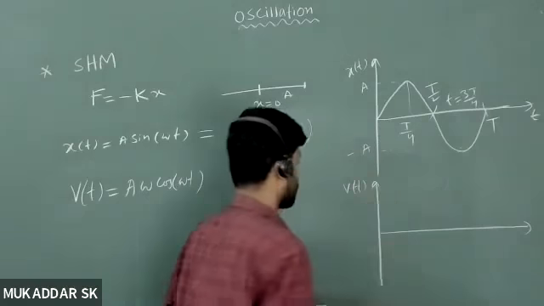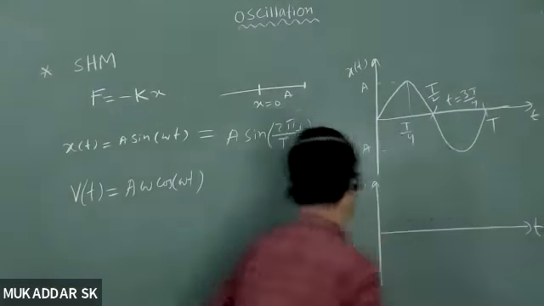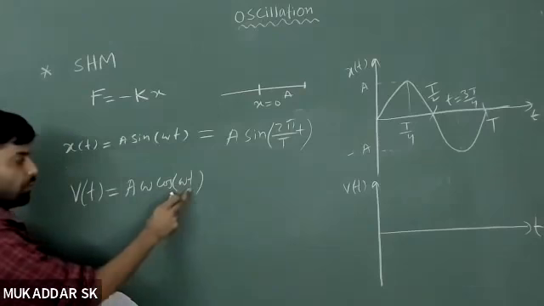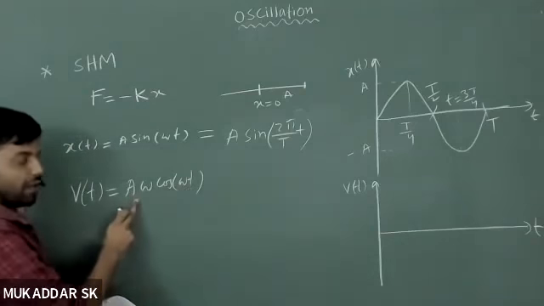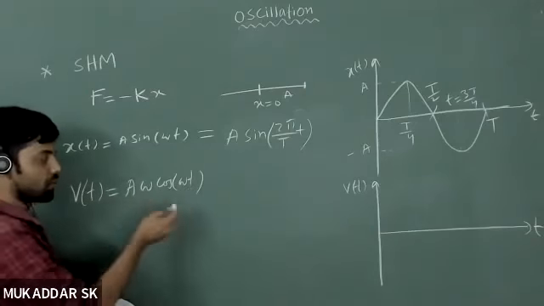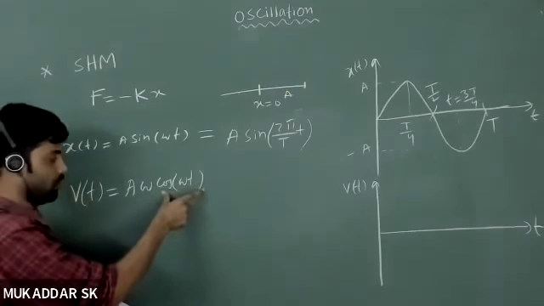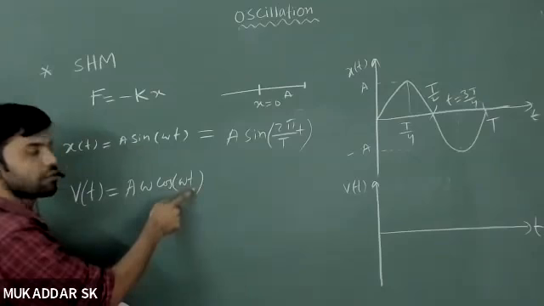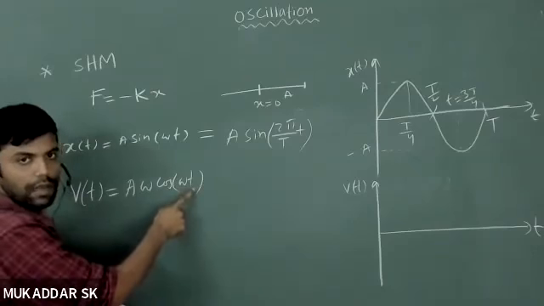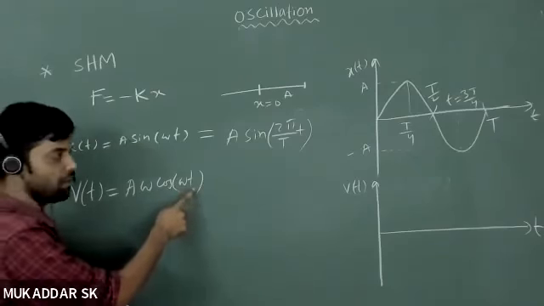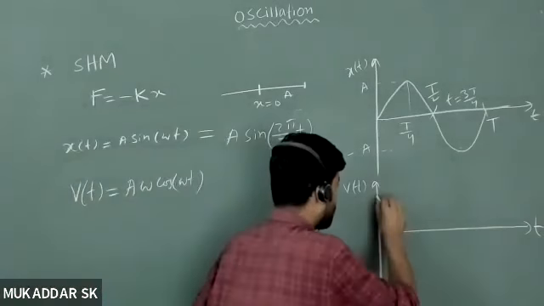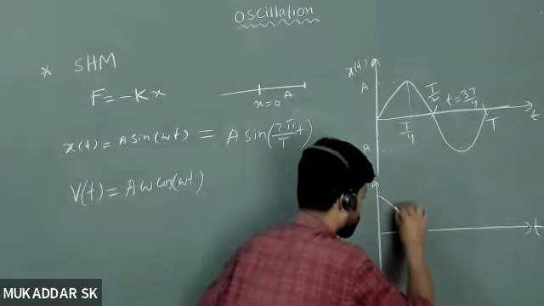Now I'll plot v of t as a function of time. When time is 0, your velocity will be A omega, and that is actually maximum, because the maximum value of cos is 1. So when time is 0, the oscillator is at mean position, and you know at mean position you will have maximum velocity. So the behavior of the v versus t curve will be,